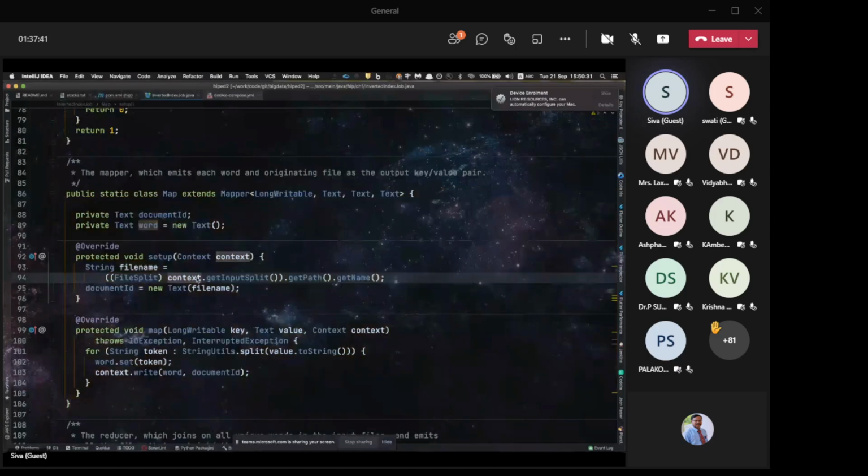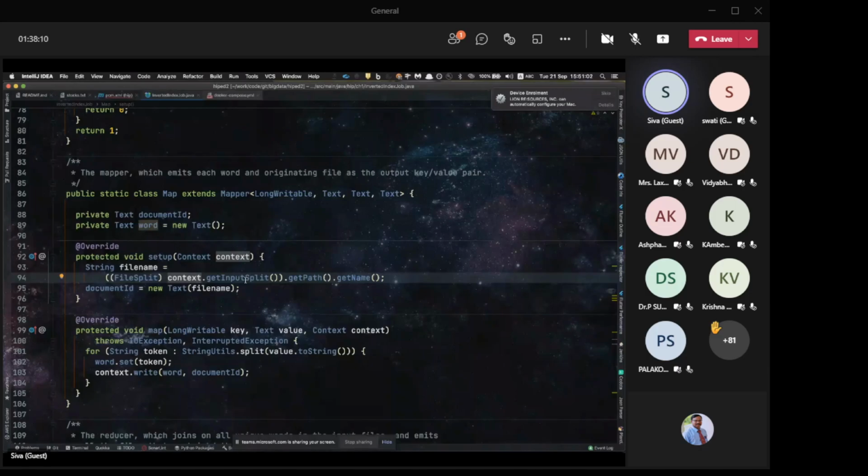The context is the pipe which has access to the Hadoop framework and the dependencies. So I use the context to get the file paths from the configurations, and